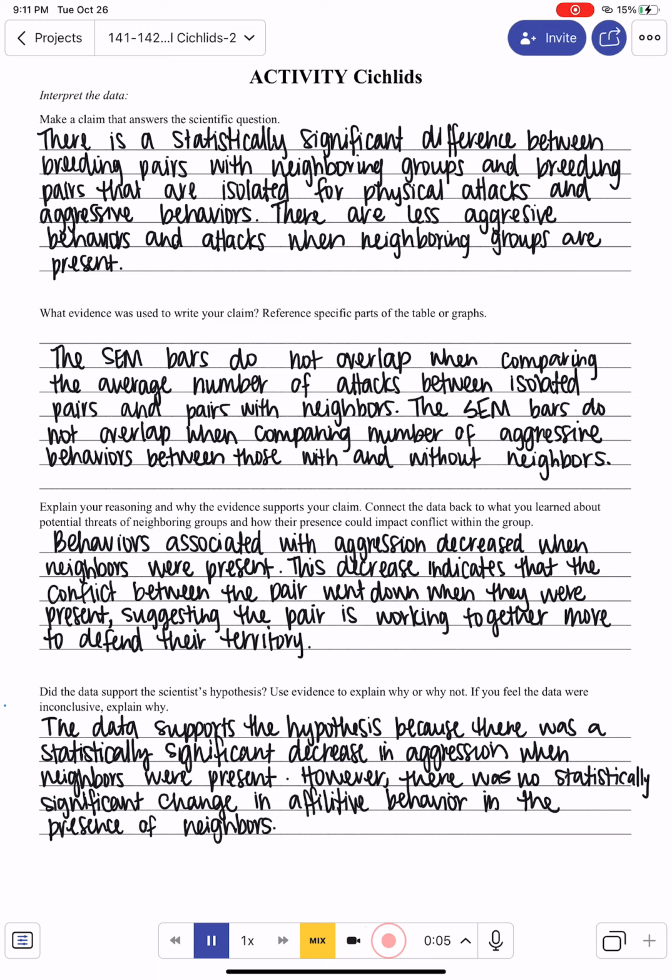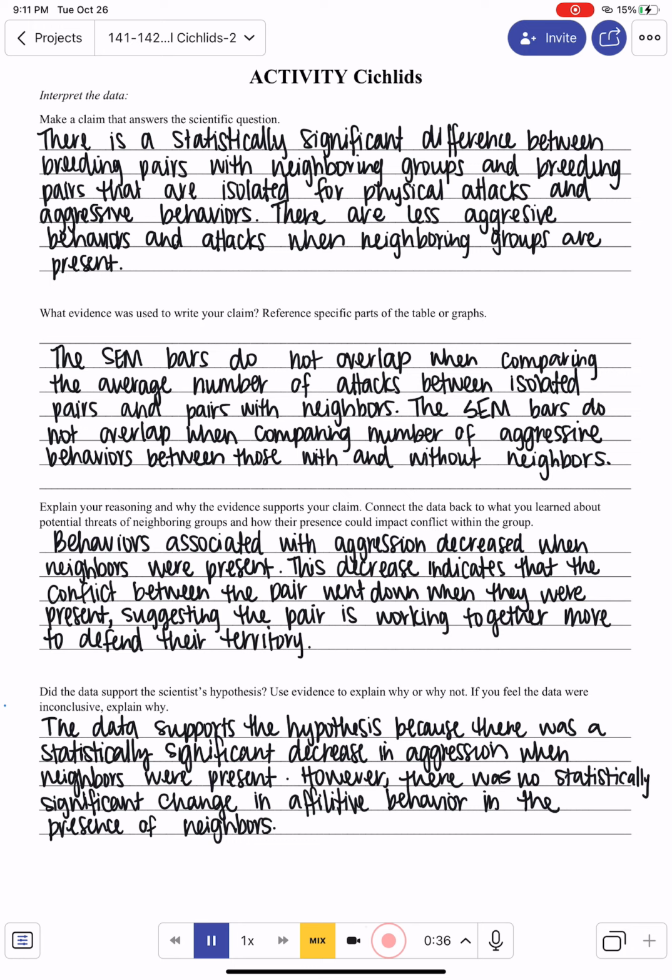This is the rubric for the activity over the cichlids, which are those little fish. So the first part is asking you to make a claim that answers the scientific question. The scientific question is, how does the presence of neighboring groups affect conflict between breeding pairs? So based on the graph and the data that we're provided, we can make the claim that there is a